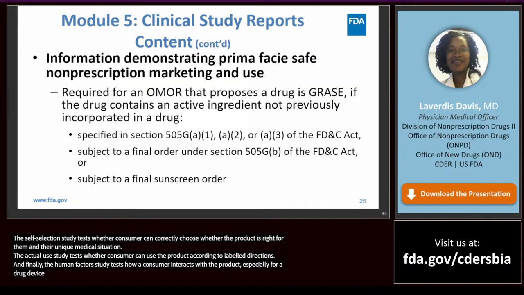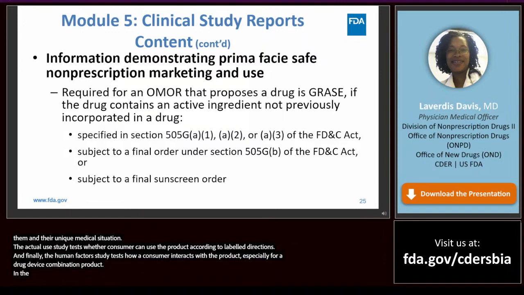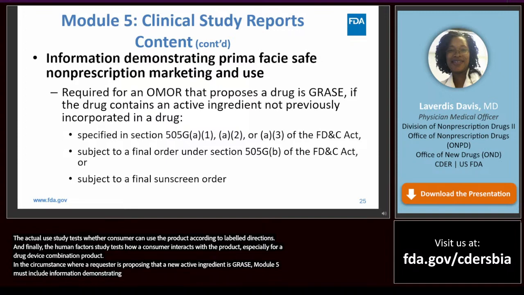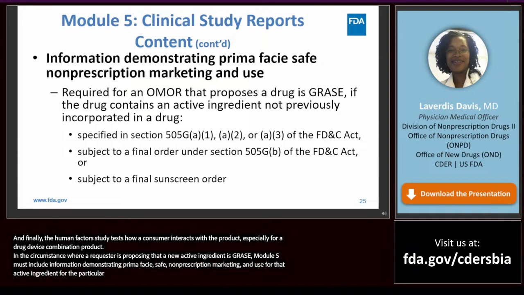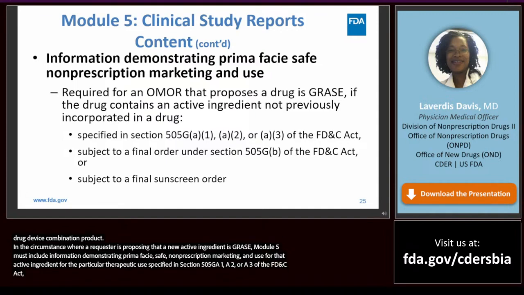In the circumstance where a requester is proposing that a new active ingredient is GRASE, Module 5 must include information demonstrating prima facie safe non-prescription marketing and use for that active ingredient for the particular therapeutic use, specified in Section 505G(a)(1), (a)(2), or (a)(3) of the FD&C Act, subject to a final order under Section 505G(b) of the FD&C Act, or subject to a final sunscreen order.